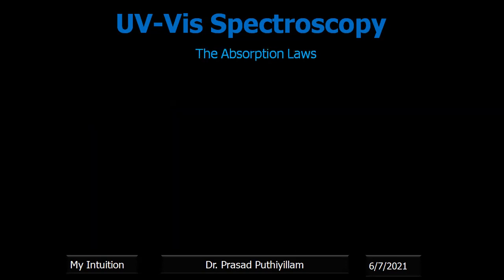Now the absorption laws, mainly Beer's law and Lambert's law. So I said that in visible spectrophotometry, we use a sample holder, which we call a cuvette. So this is a cuvette containing the sample. Here I'm representing it with a colored one, even though colorless solutions can also be studied with UV-visible spectrophotometry, because a colorless solution can also absorb UV radiation if enough pi conjugation is there.